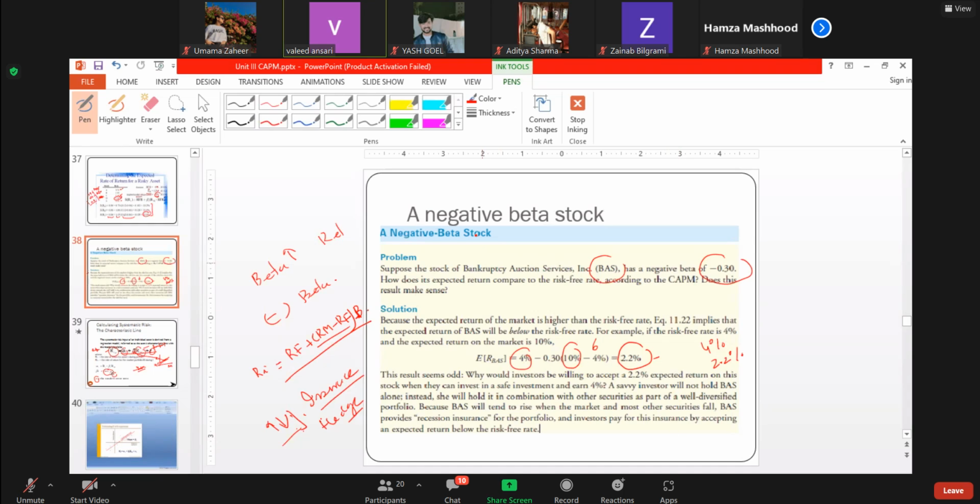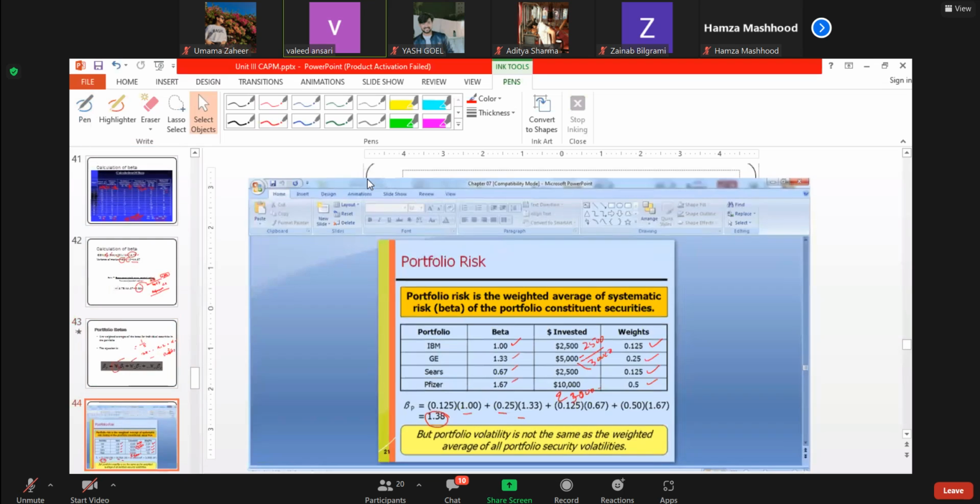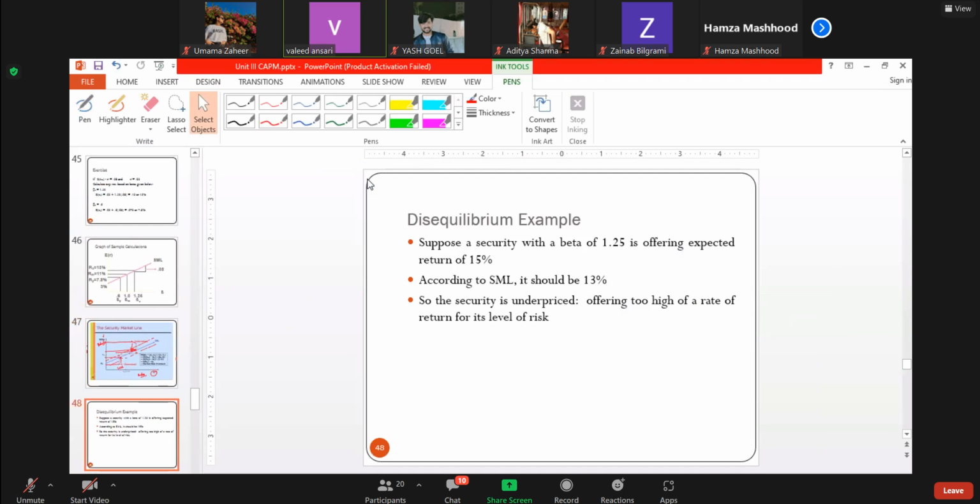There are also some contra stocks, which may move against the market. So we have some contra funds as well. They invest not exactly by a beta strategy, but the beta strategy can also be used in that way. So this is the implication of having a negative beta. With this, I have covered CAPM, because you know that CAPM is a very vast topic, and my own PhD is on